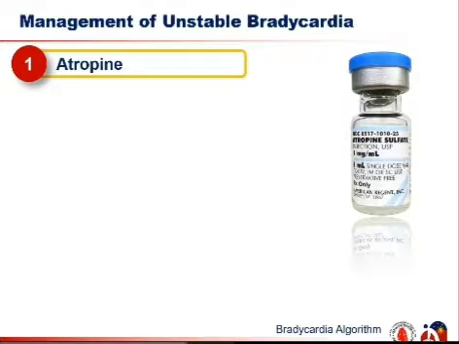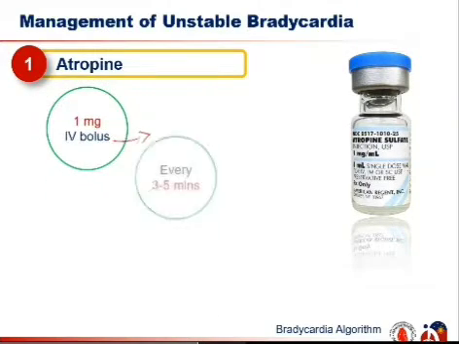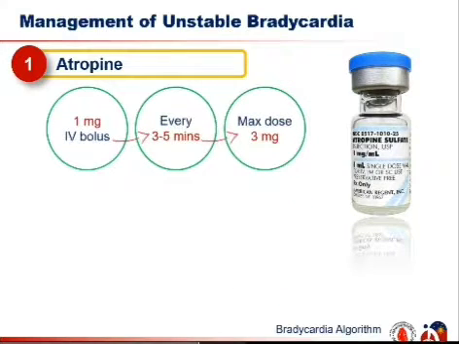Atropine remains a first-line drug for acute symptomatic bradycardia. Clinical trials in adults show that IV atropine improved heart rate, symptoms and signs associated with bradycardia. The recommended atropine dose for bradycardia is 1 mg IV every 3 to 5 minutes to a maximum total dose